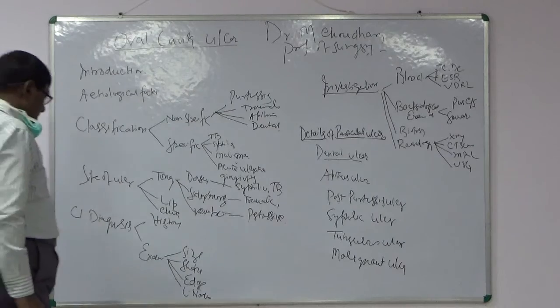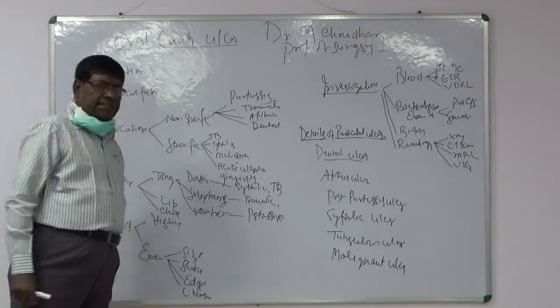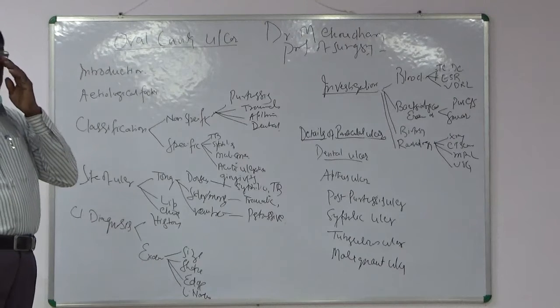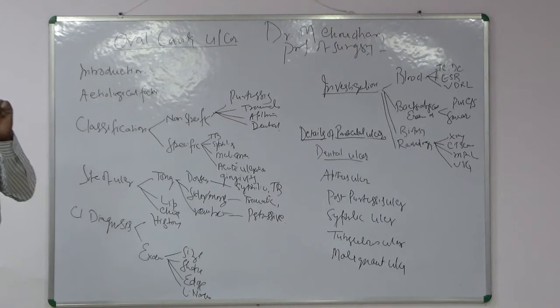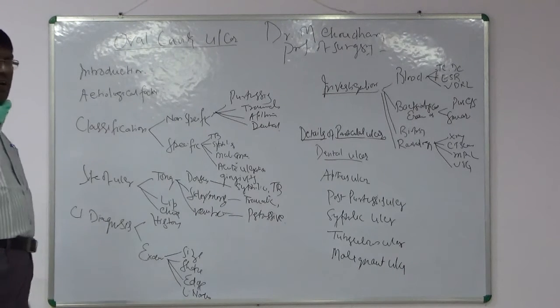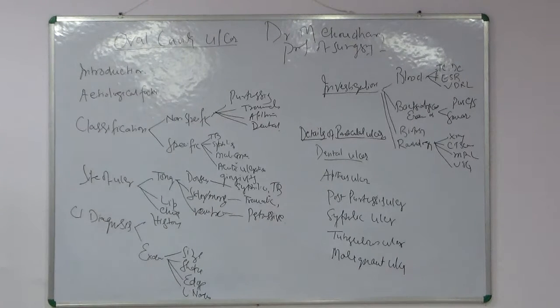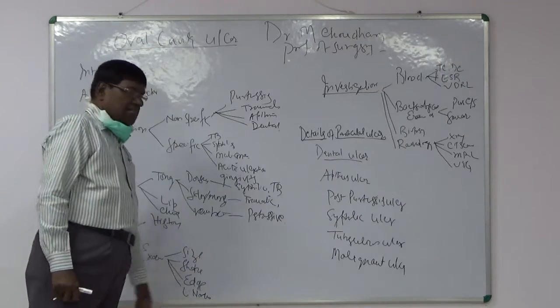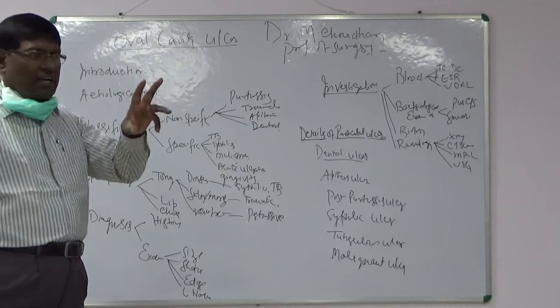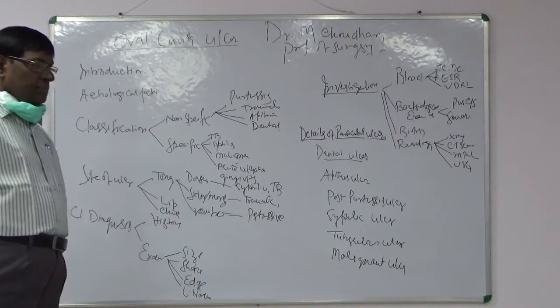So the size of the ulcer, that it manifests. In an acute ulcer, that is the ulcer due to alcohol or a viral ulcer, small and multiple ulcers will be there, and the shape of the ulcer is mostly oval or maybe irregular. In case of the irregular ulcers, the